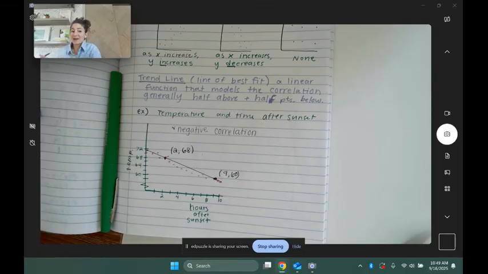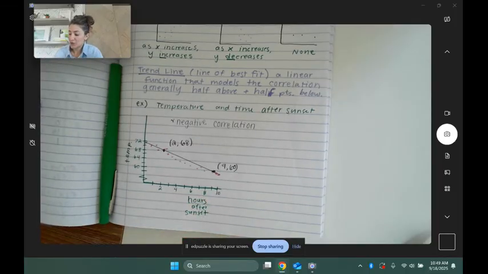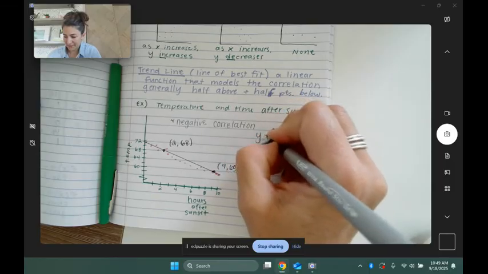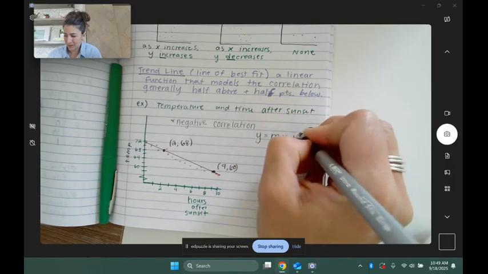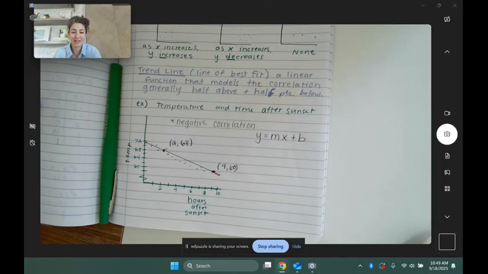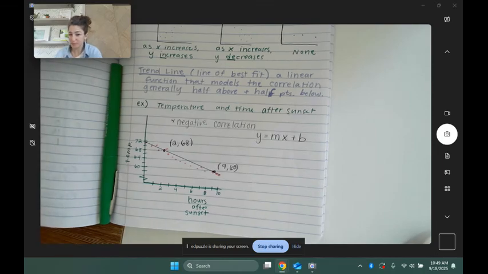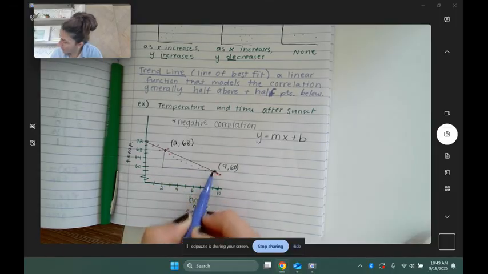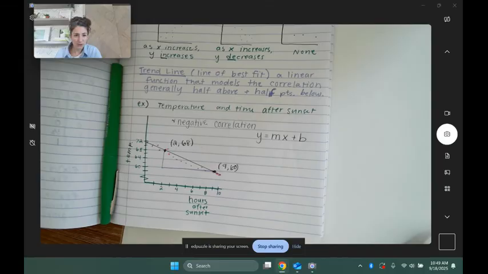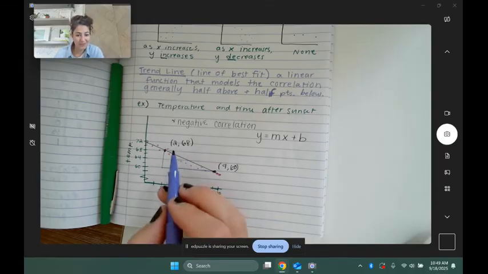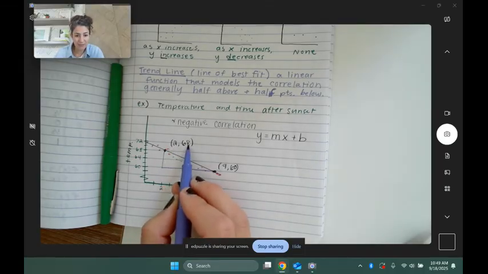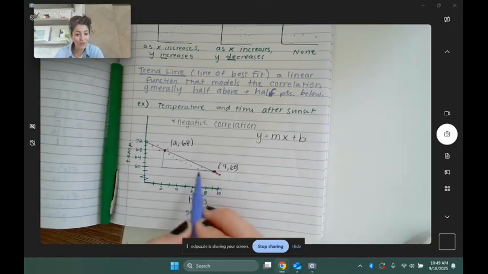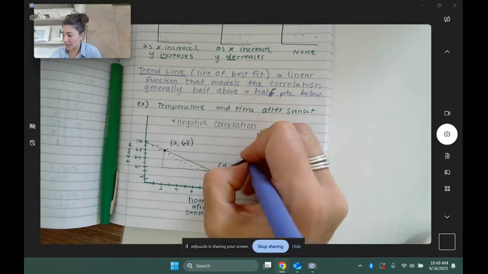Okay, I need to write an equation for this line. Generally, you can use any linear form, but I'm going to use y equals mx plus b since we've been practicing with that one. So with these 2 points, I need to find first my m, my slope. To find slope, rise over run, right? How far did I go down? How far did I go over? You can do this visually if you want to. This is going down 8 and it's going over 7,